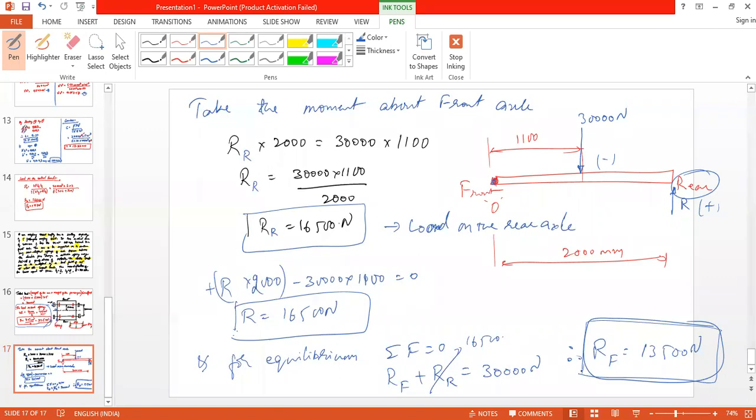Is it clear? So now, which load do you need to consider to design the spring? You need to consider the load on the rear axle to design the spring. This load 16,500 is divided by 2 springs, so that is 8,250. That is for each spring, and it is again divided by